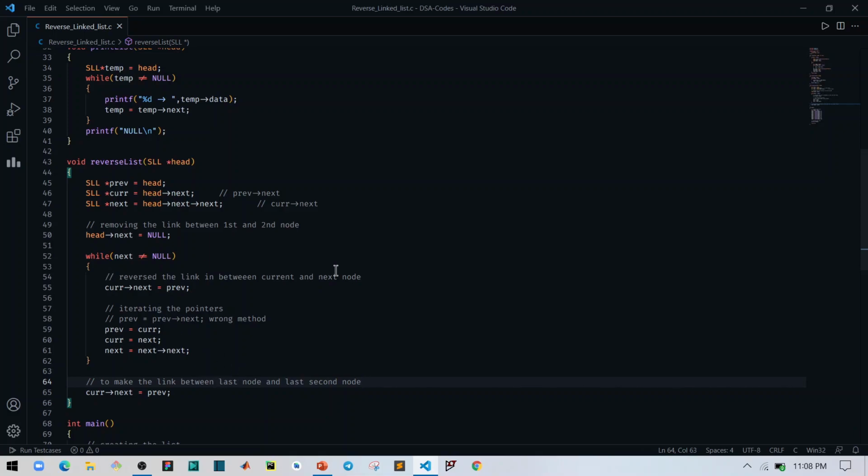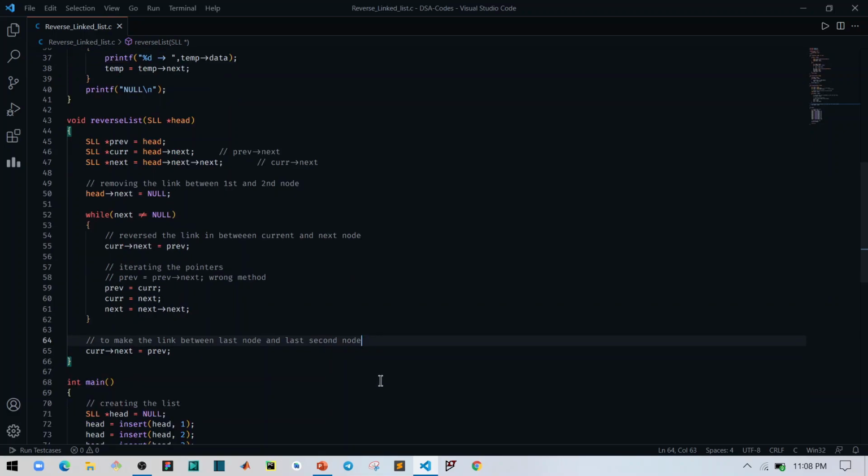So why am I writing comments? Because I have to give the code to you so you can understand this. So I am writing everything here in the comments. From this particular instruction, I have made the link between the last node and the last second node. Here we have reversed our list,